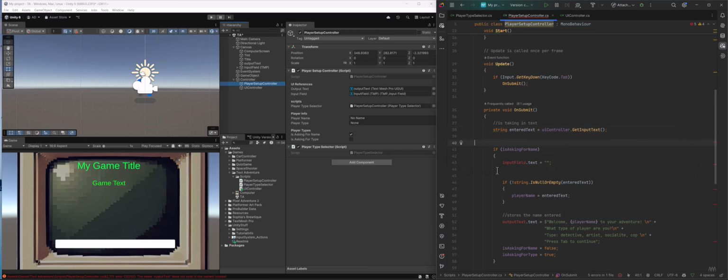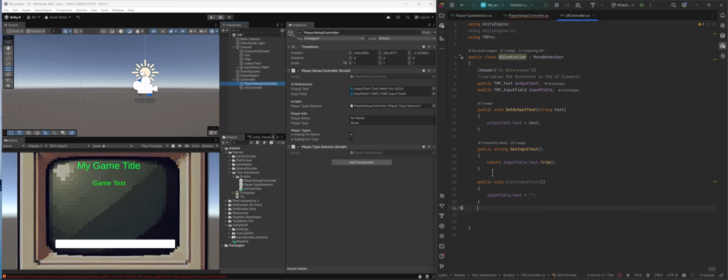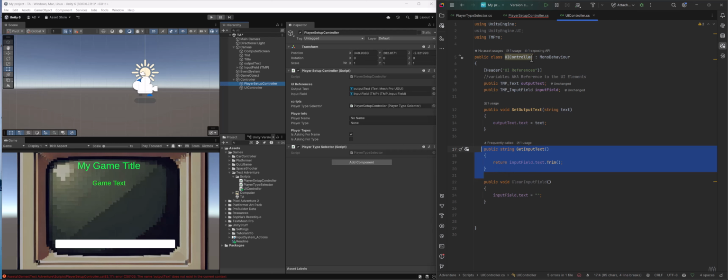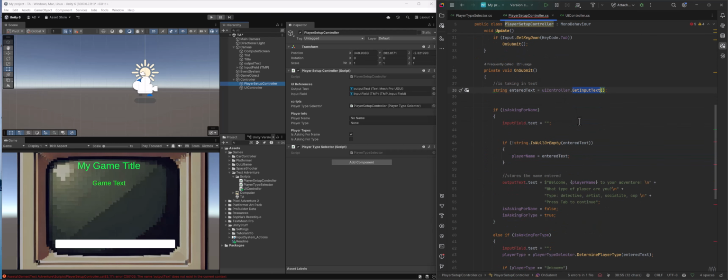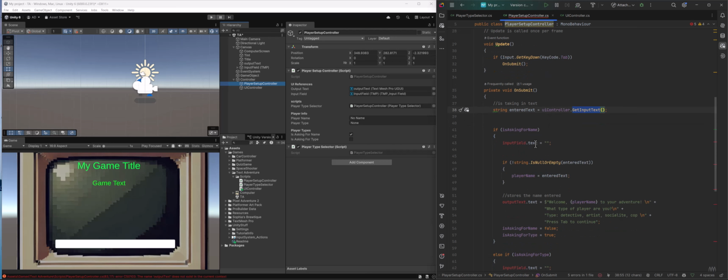And so what this is going to do is, after we hit submit, which is our tab key, anything we type in, it'll get that input text, which is whatever we type inside of here, using this method here, which all this does is return the text that's inside of that. So we can go through now and say, oh, input text here, that text to clear it out. Well, I could just do UI controller